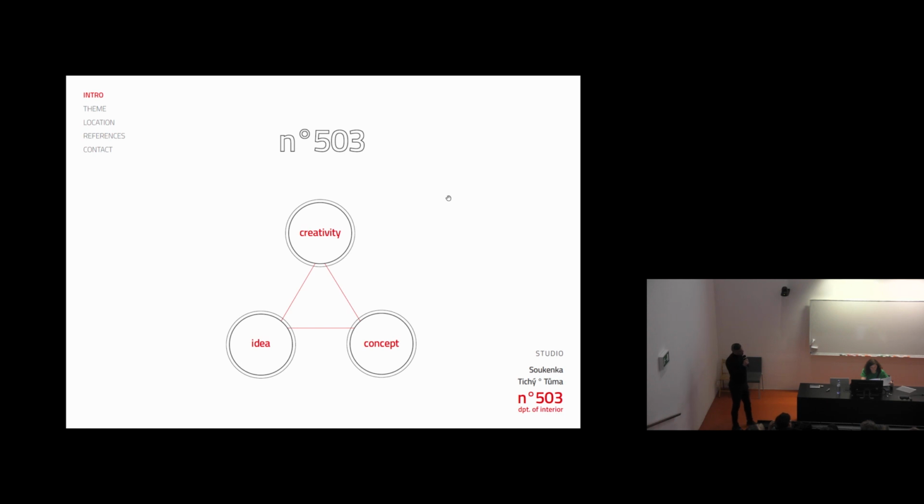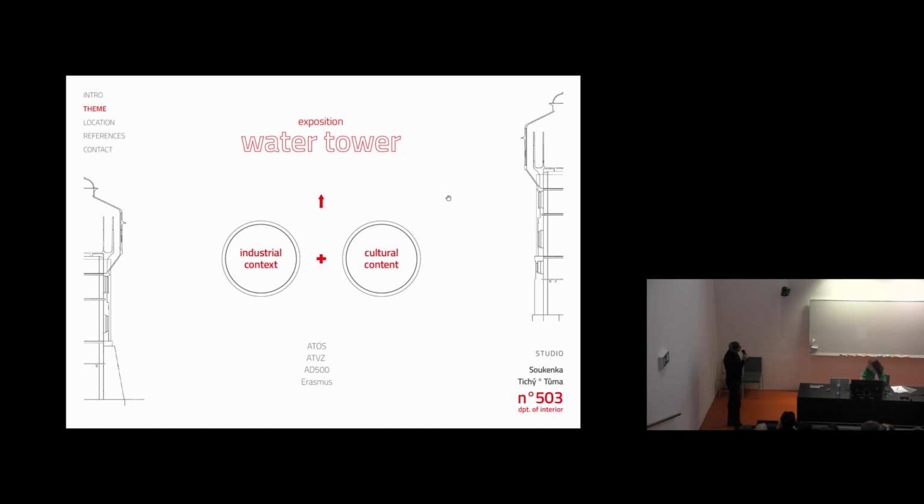So we work on the concepts, not just purely concepts. It's based on our practices. But if you want to try something a bit more creative, maybe we can try together. In the last few semesters, we were exploring the connection of industrial context and cultural content, so basically cultural intervention and projects in industrial areas or buildings. For example, last semester, we made some performing centers for an abandoned quarry. And for this semester, the scale is a little bit smaller, but I suppose not less attractive.